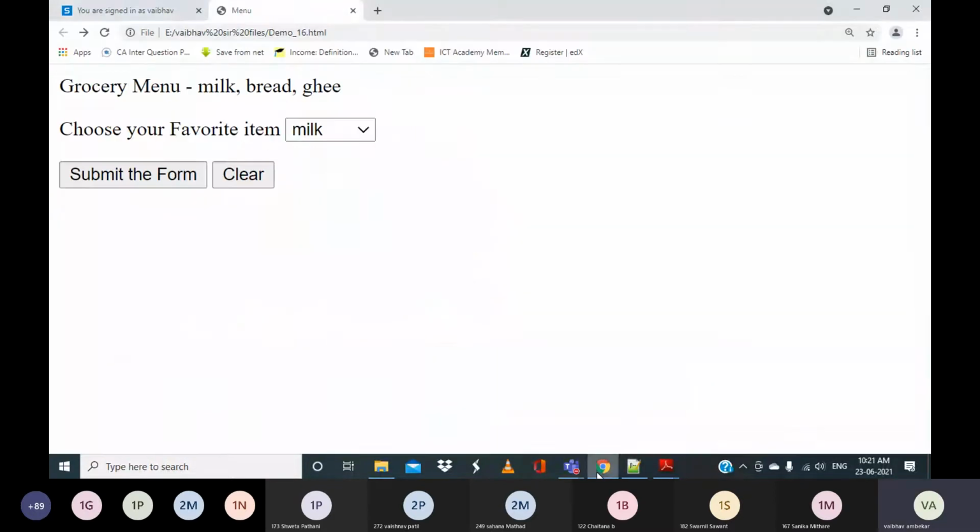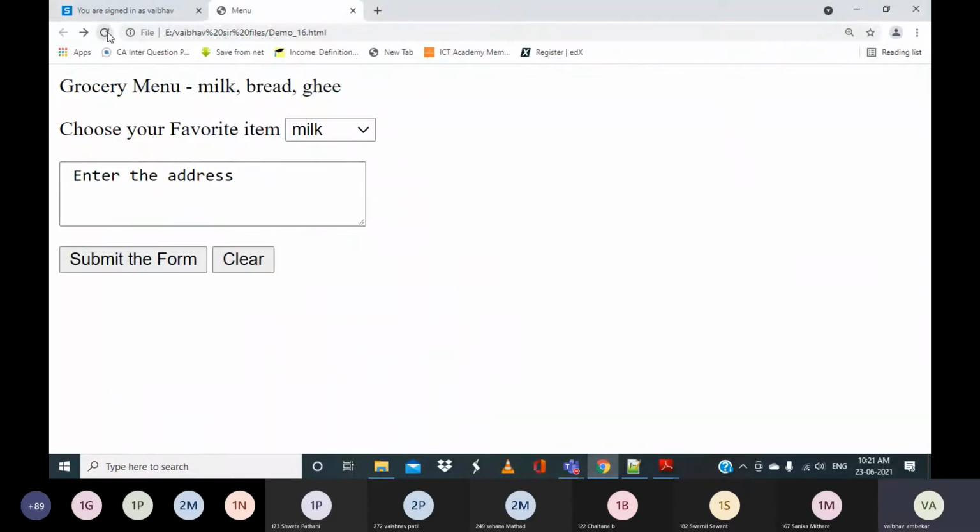If I make changes to this, you can say enter the address. Now again here you can delete this. By default this will appear in the text area.